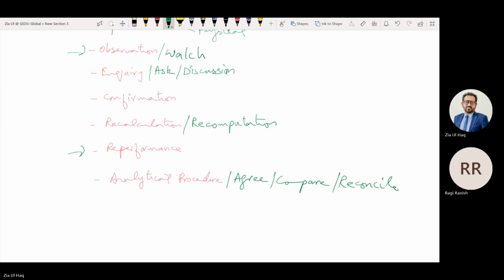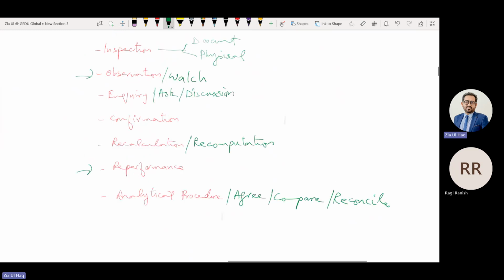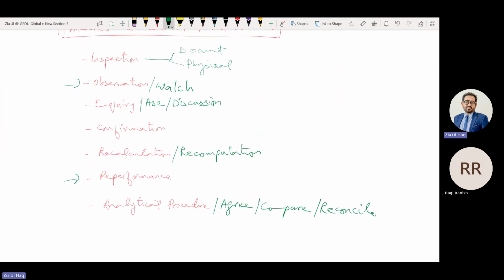Are you with me? So when the examiner is asking to write down procedures, our sentence should always start from these words. Physical inspection of the asset, inspection of loan agreement copy, watching the system, reperforming dummy transaction through the system, discuss with the management, confirmation of balances from the customer, compare this with this, agree this with this, recalculation of depreciation expense using the rate and policy.